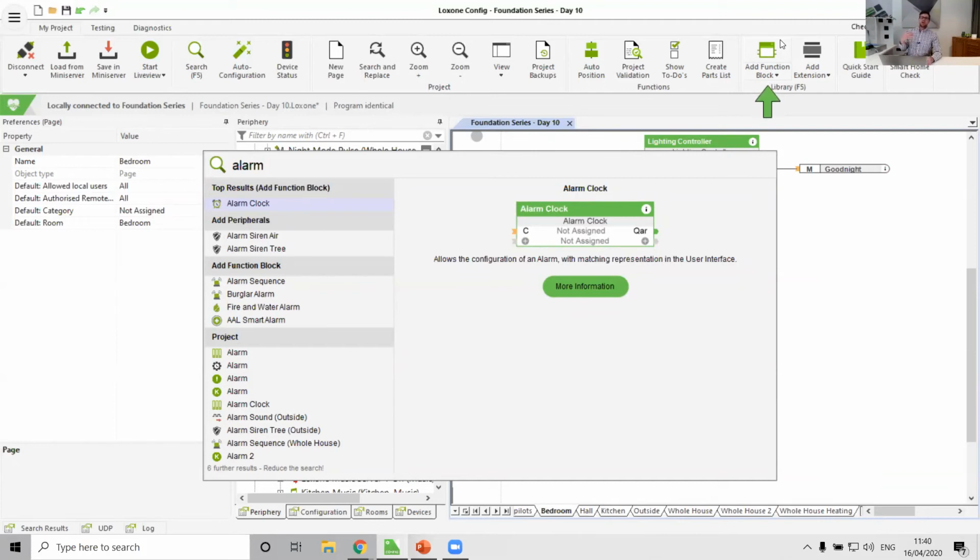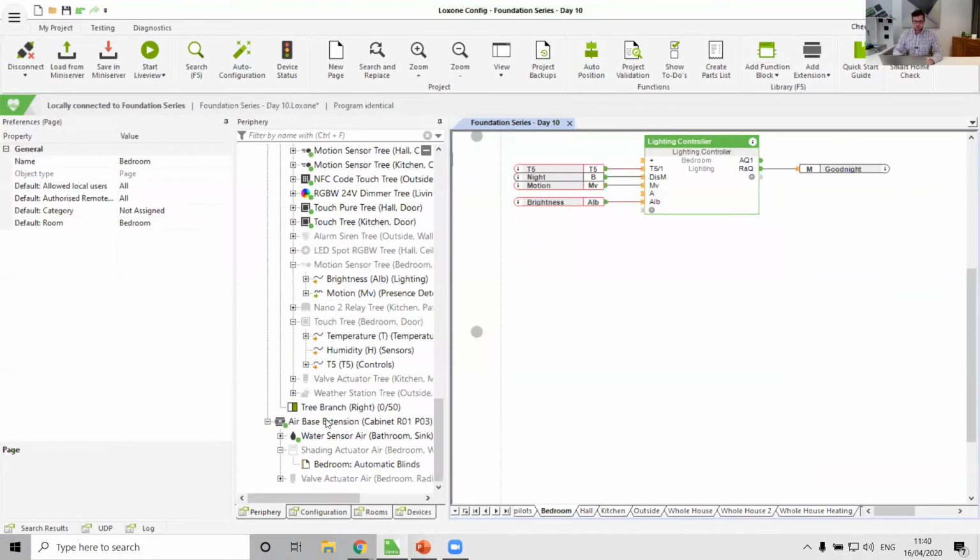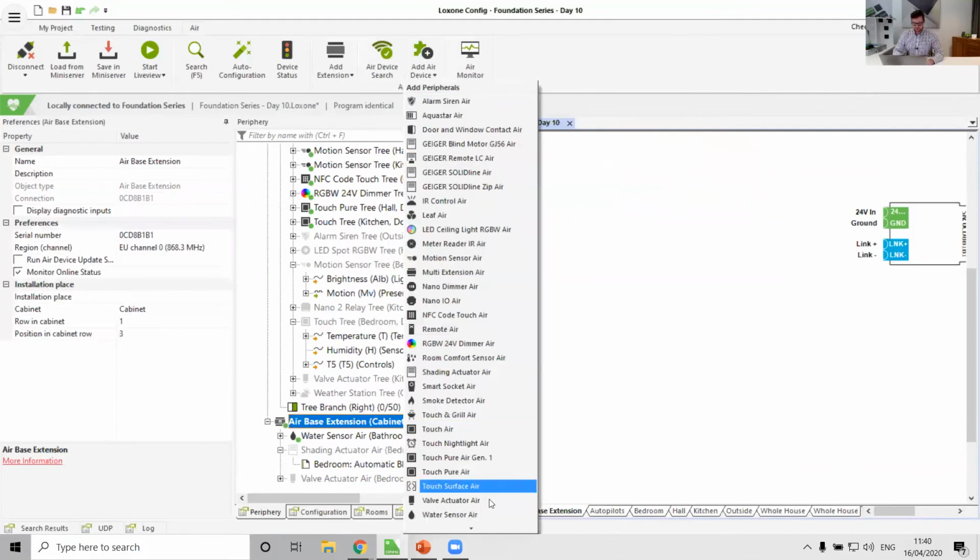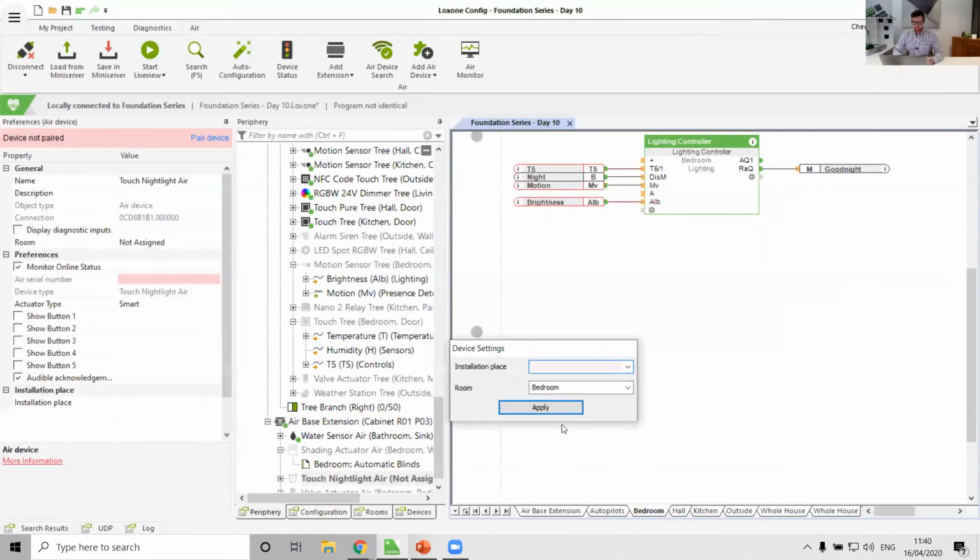What I would do is I would have the night light or the alarm clock a couple of minutes before your alarm goes off to start dimming the lights up in the room, and also to just lift the shading up a touch. And when the alarm clock goes off, that takes your house out of night mode. So what I would do is I would add in a night light. So Touch Nightlight Air. That would go on my bedside table